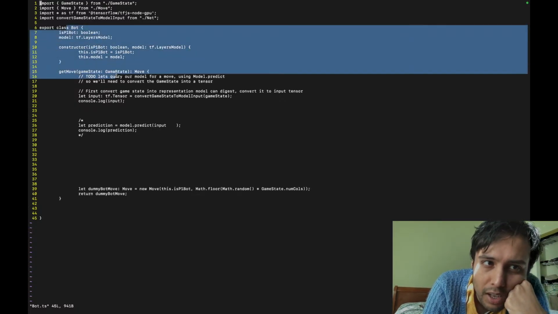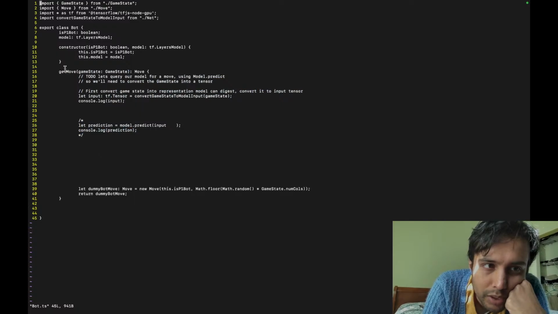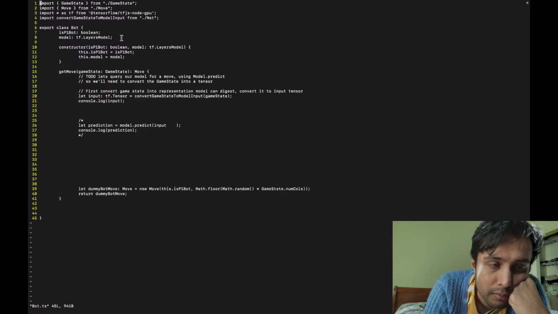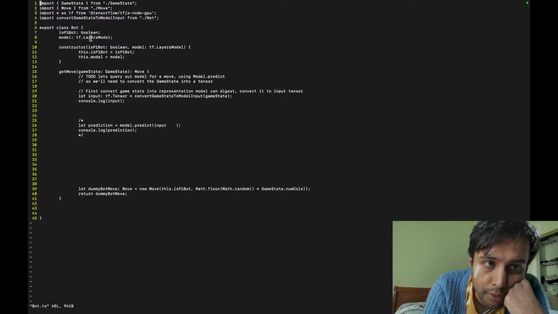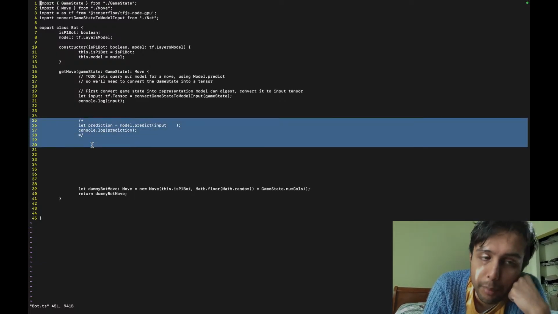Actually, why do I even have a class Bot then? When all we're doing is simply, I could just use the net.ts functions directly, to be honest. Bot is simply a thin wrapper around the model at this point. Seems unnecessarily complex. Maybe in the future Bot could be given some depth settings, like a field here, number depth. Right now we're just doing model.predict, right? That's what I plan to do.